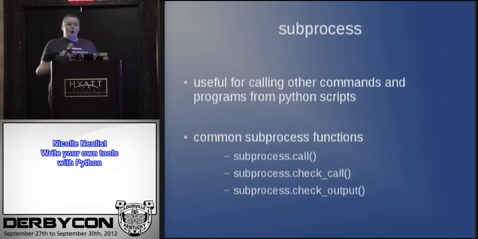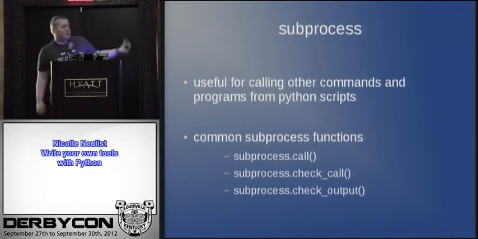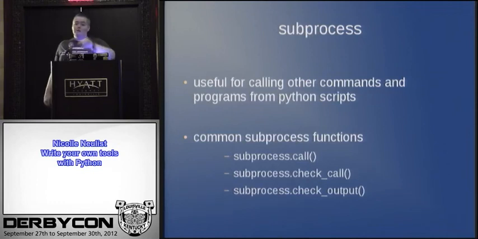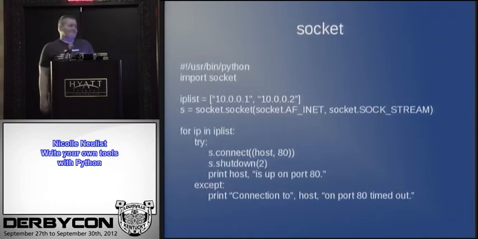There's OS, which is higher level interfaces to operating system functions, file functions, user functions, permissions, environment variables. Most of the things in OS are cross-platform, not all of them. Subprocess. Let's say you want to call another program from your Python script. Subprocess call just runs it. In the parentheses, you would put the arguments that you need for the subprocess, and subprocess call just runs it. Subprocess check call returns the exit code for the subprocess. Subprocess check output returns the text output, like what that subprocess would have printed to your console, which is nice if you want to parse the output of another program while your Python script is running.